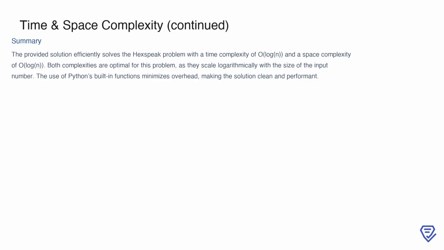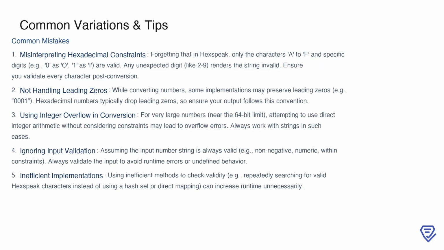These optimal complexities align well with the requirements of the problem, making the approach robust and highly suitable for real-world scenarios. When solving Hexspeak problems, it's important to avoid some common pitfalls. First, be mindful of the constraints of the hexadecimal system. In Hexspeak, only the letters A through F and specific digit mappings like 0 to O and 1 to I are valid. Any other digit, such as 2 through 9, makes the string invalid, so ensure you validate every character